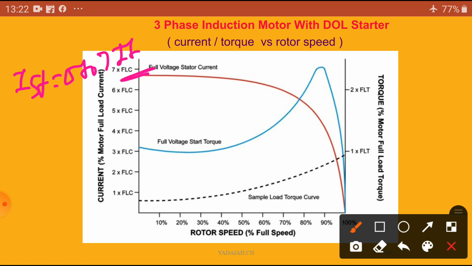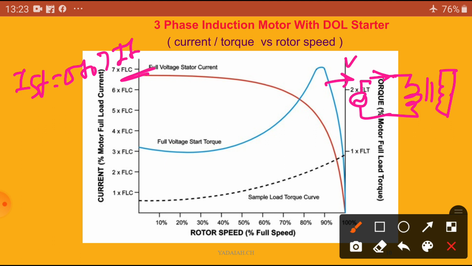This is because at starting the induction motor behaves like a short circuited transformer, as we saw last class. The transformer primary is given here, and the secondary is shorted. In the autotransformer starter we reduce the voltage, but in this case rated voltage is given.